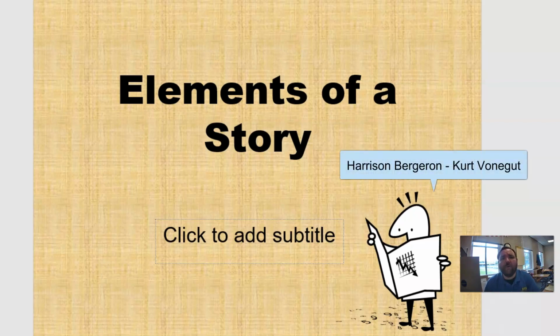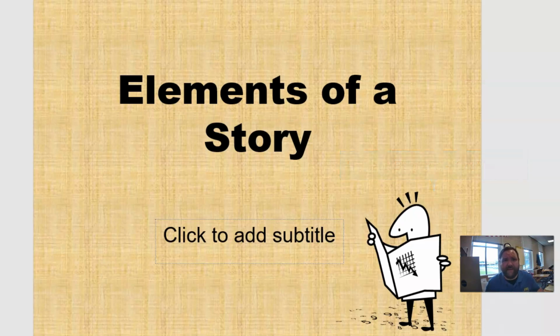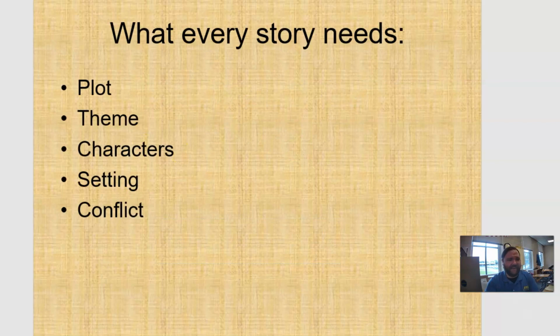All right, so while we're reading, one thing I want you to be thinking about is: is life fair? Should it be fair? The other thing is we're going to go back and look through all the major literary elements. While you're reading the story, and I've included a PDF of the story, you just click on it, it's yours to mark on whatever you need to do with it. I want you to be thinking about several of these elements of a short story. The major ones that we're really going to be looking at are plot, theme, characters, setting, and conflict.